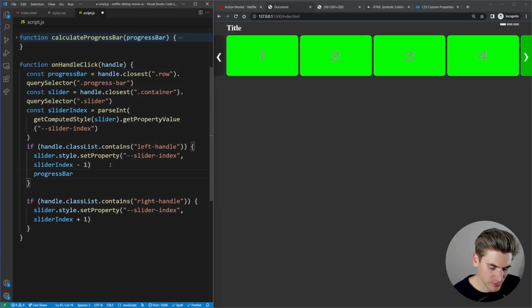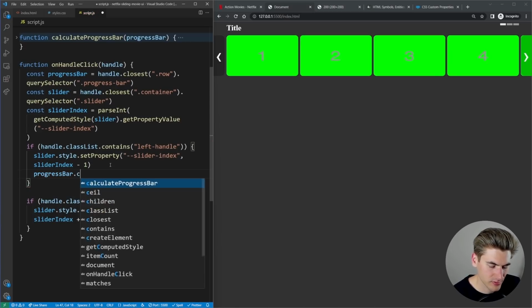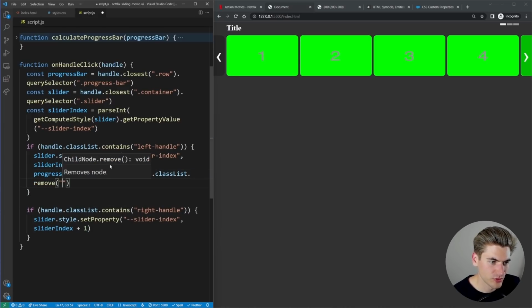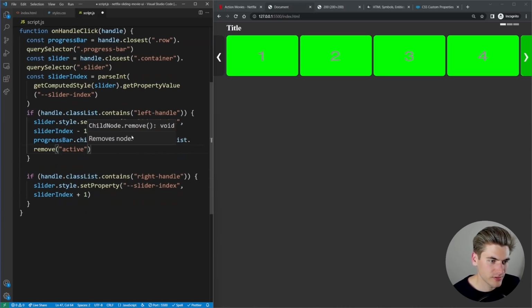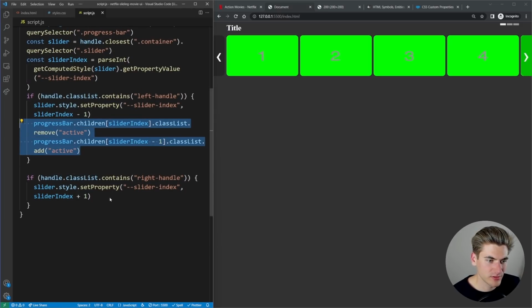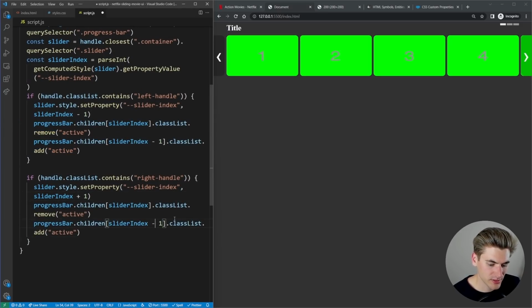And then I say progress bar dot children of slider index dot class list remove active, and then I can take the slider index minus 1 and add the class list active. That should be all I need to do. Do that in both sections, but this one will be a plus.